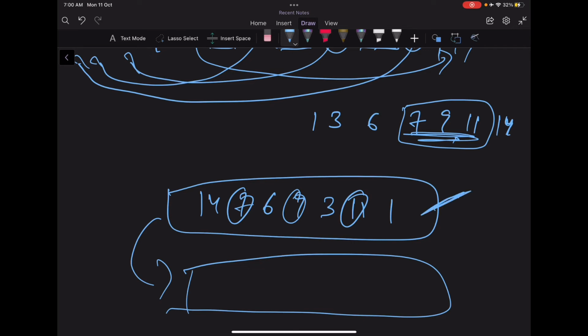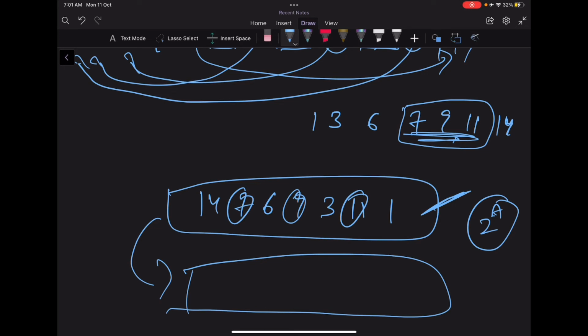For every subsequence, check if the numbers in that particular subsequence are in the sorted order or not, and find the maximum length of that kind of subsequence. What would be the time complexity for that method? It will be 2 raised to the power n if we have n elements. In this case, it's a, so it will be 2 raised to the power a. Okay, so that's an exponential time complexity. How can we improve it?